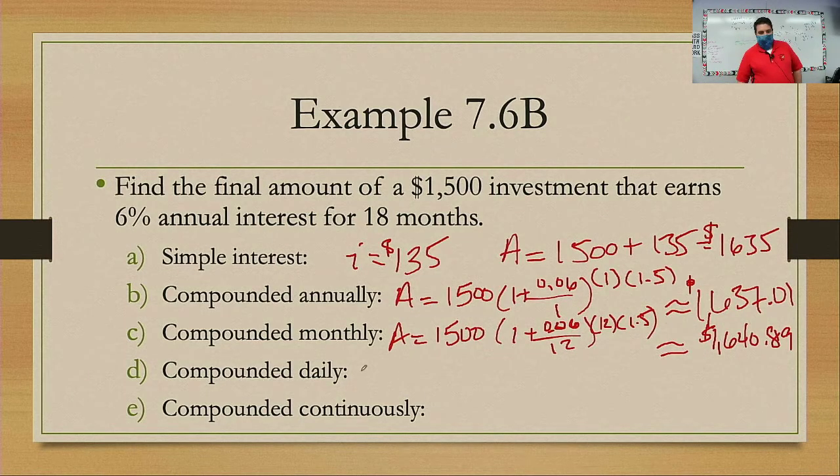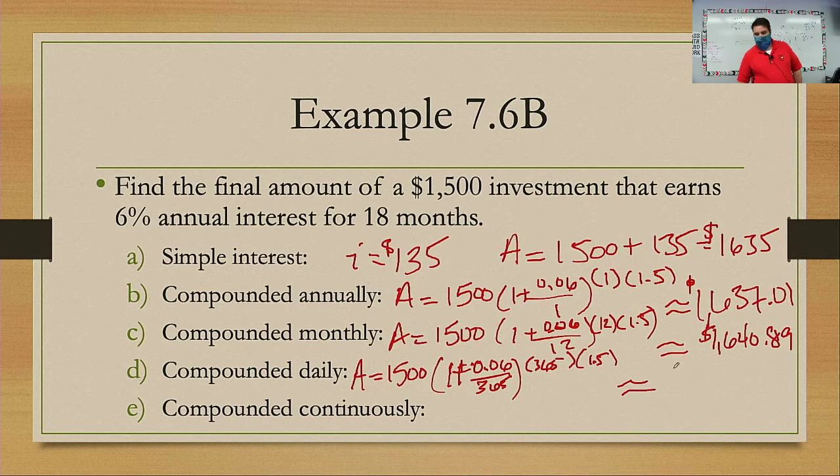All right, you'd have A is equal to 1,500 times 1 plus 0.06 over 365, with 365 as my power. 1.5 is going to be about $1,641.25. If it's compounded continuously,